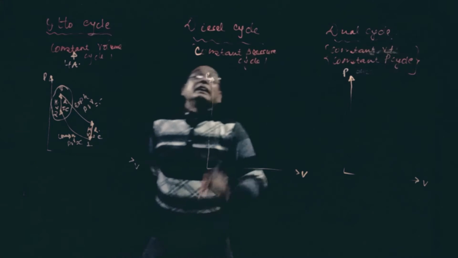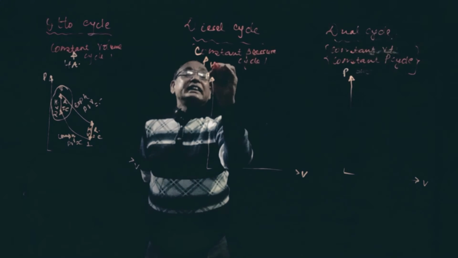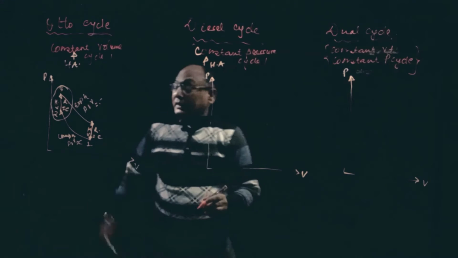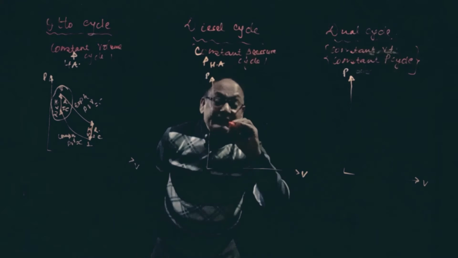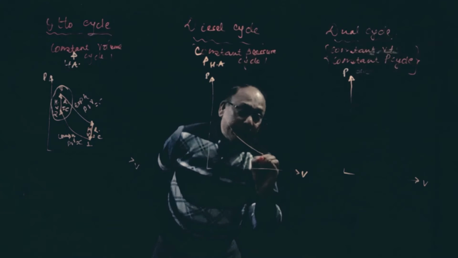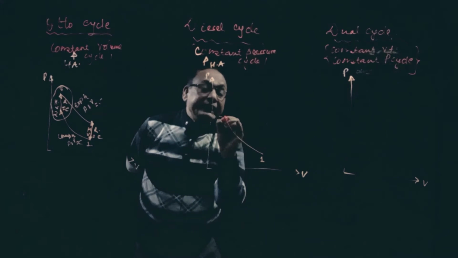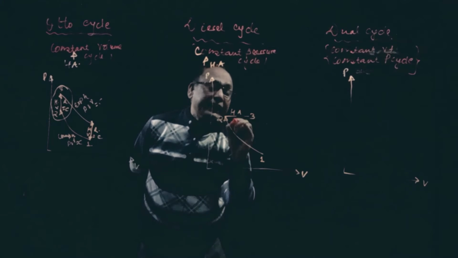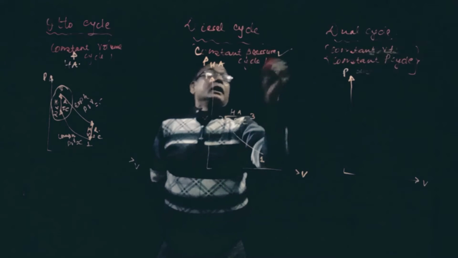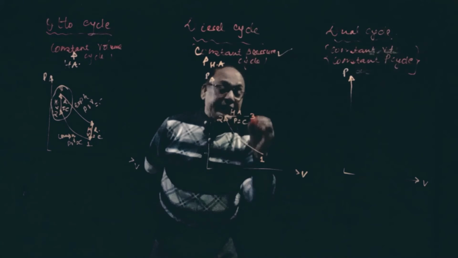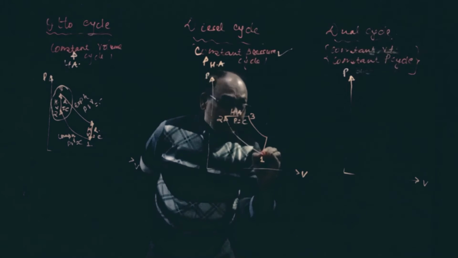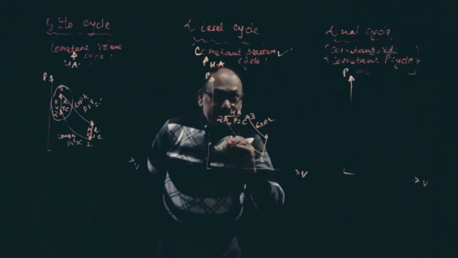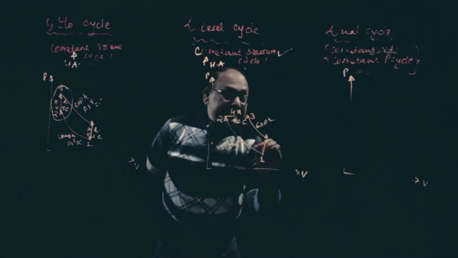So cycle is like this. Now here heat addition takes place at constant pressure. That's why it is called constant pressure cycle. See, compression will be the same. Number 1 to 2 compression. Then heat addition. See, 2 to 3. Okay, that is heat addition. Here at pressure constant, we have already called it a constant pressure cycle. Then expansion takes place. Okay, so this is expansion, this is compression, and this is heat rejection.